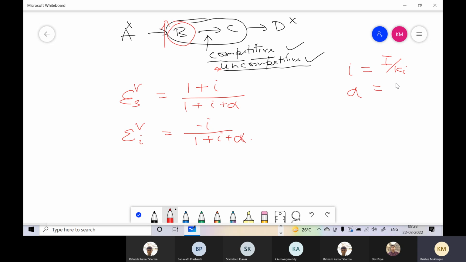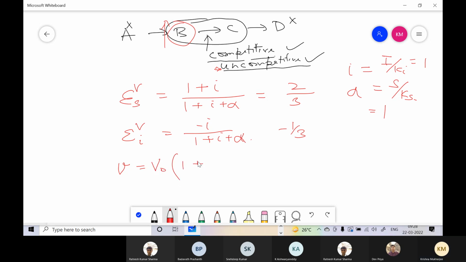That is why I would request you to attend classes. S by Ks, and of course both of them are equal to 1, this is equal to 1, this is equal to 1. So this is actually 2 by 3, and this is obviously minus 1 by 3. Not much of mathematics here. And the Lin-log kinetics also was taught in the class, so that is that V is equal to V naught